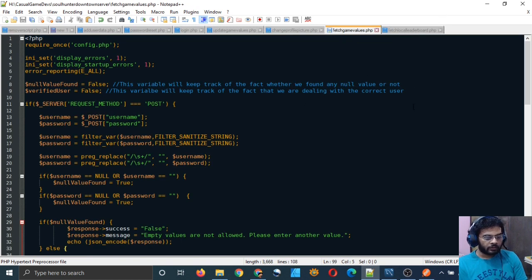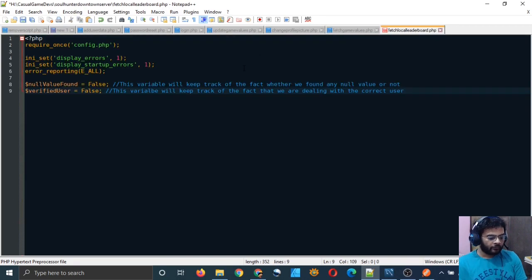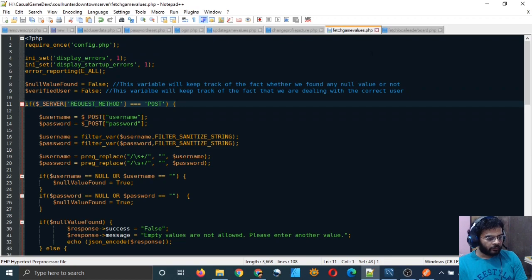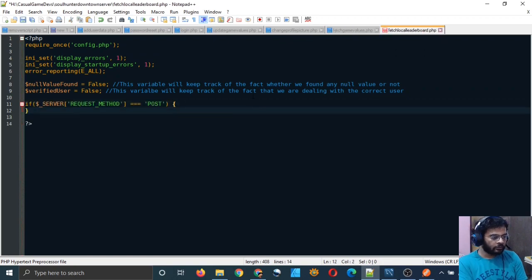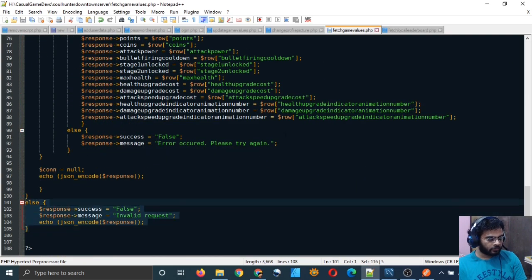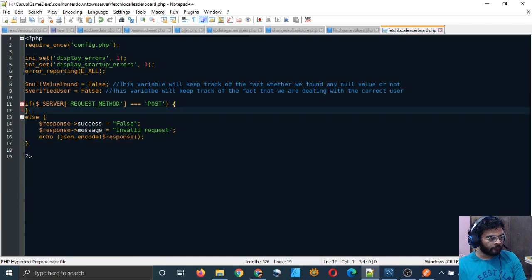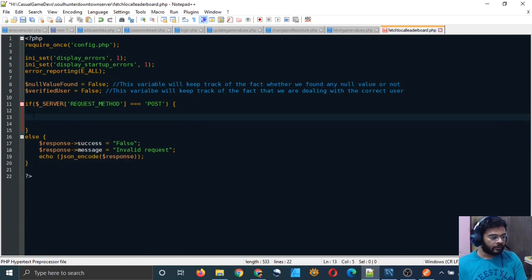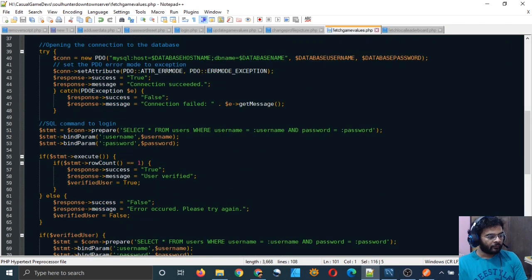So first of all we have to copy these two lines, and then maybe you can close the PHP tag, and then we have to again check whether it is a post request or not, and then close this bracket, and also get the else part of this post request checking statement. And inside, what will we receive in our post request? We will receive just again username and password and nothing else.